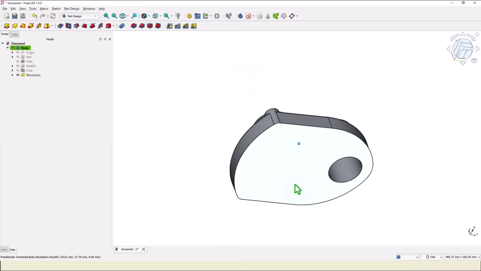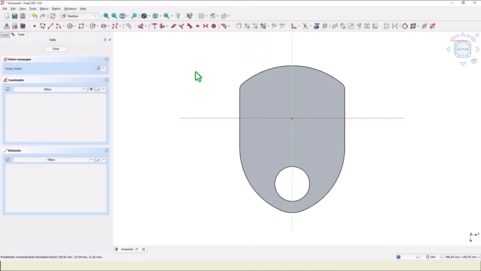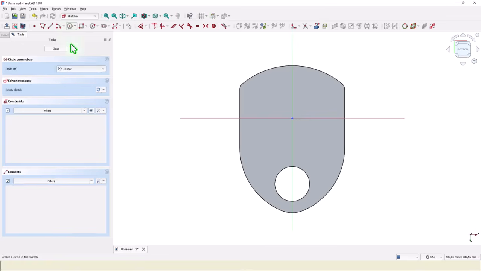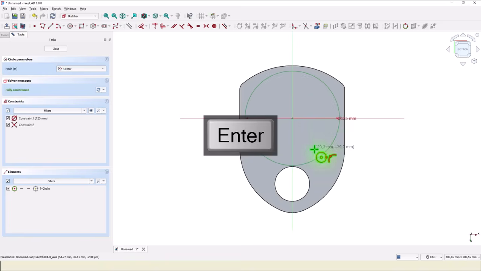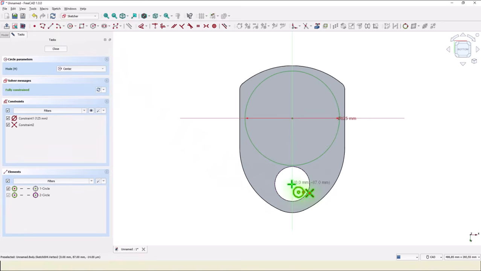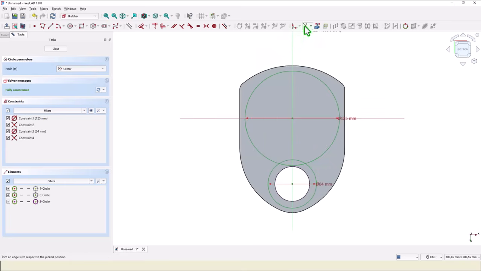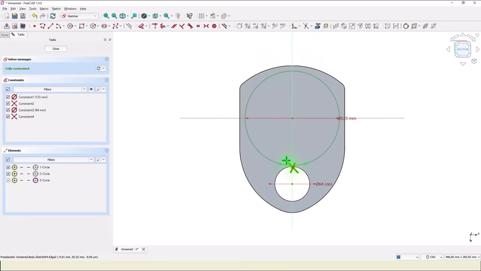We turn back the part, we place here a sketch, a circle with this center, diameter of 125, then project this circle to create another one with diameter of 64, trim of this segment and this segment